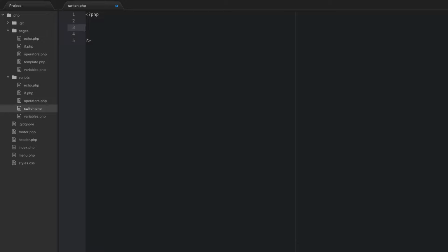Okay, first, I think it's easiest to teach a switch with doing a couple ifs and else ifs. So I think what we'll do is we'll do an example where we say favorite color is equal to green, and then we can make some choices on this. So this is how we would do an if statement. We would say if favorite color is equal to red, then echo red, and then we'd say else if